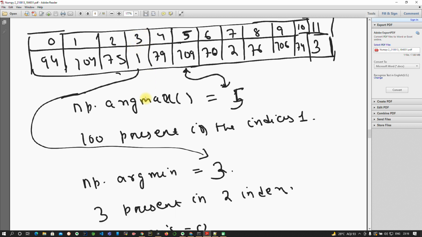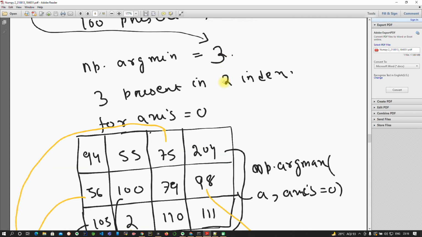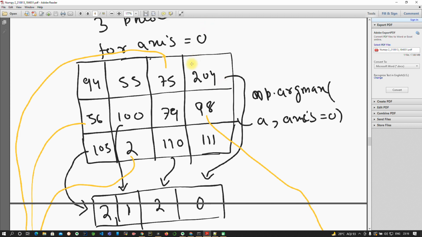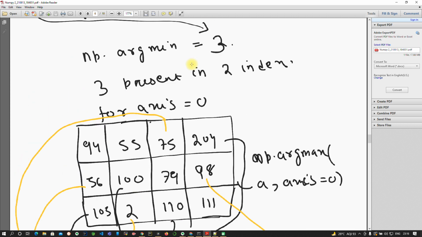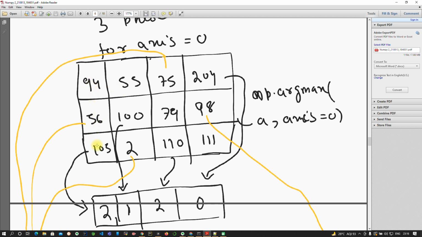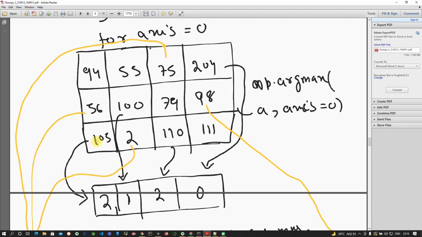Now let's come to giving an axis. Axis 0 means column wise. In this column, 94, 56, 55, if I do an argmax, 103 is the maximum in this column. What is the index of 103?